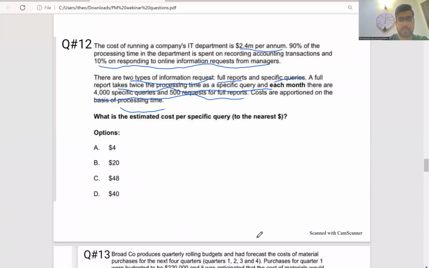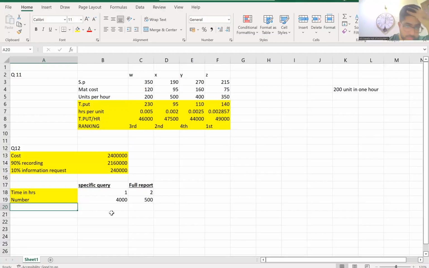Costs are apportioned on the basis of time. Now you will apportion costs on the basis of time. So if a specific query takes 1 hour, a full report takes twice the time, 2 hours; you can put any figure. The number is 4,500. So total hours for specific query will be